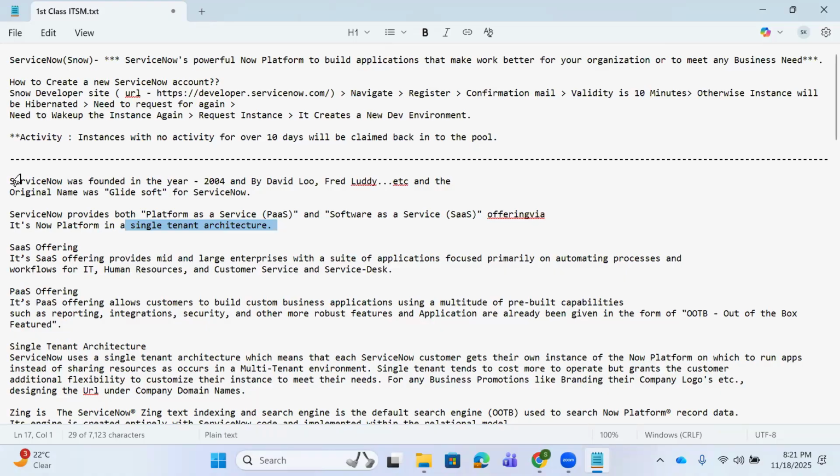Okay. Mostly it avoids scripting. It's low code, no code. That is what I'm saying. So, like all the workflows, mainly in the IT, human resource, or customer service, or service desk, or